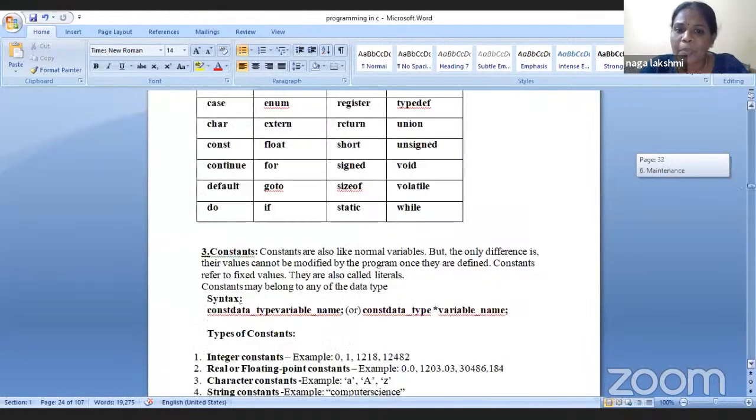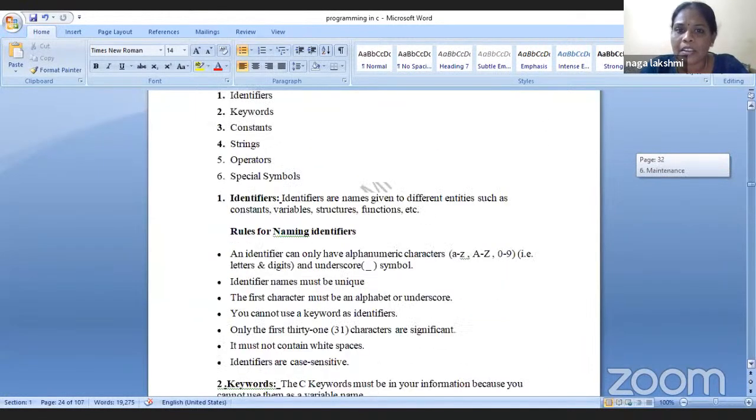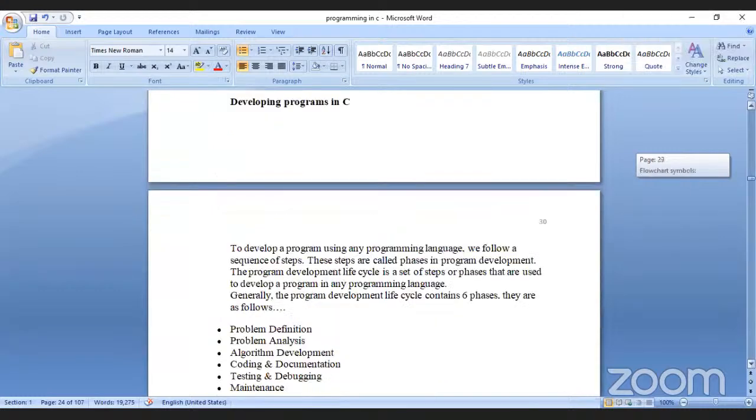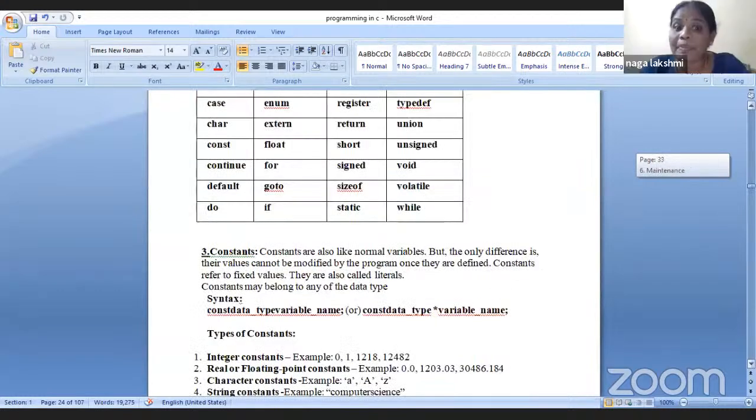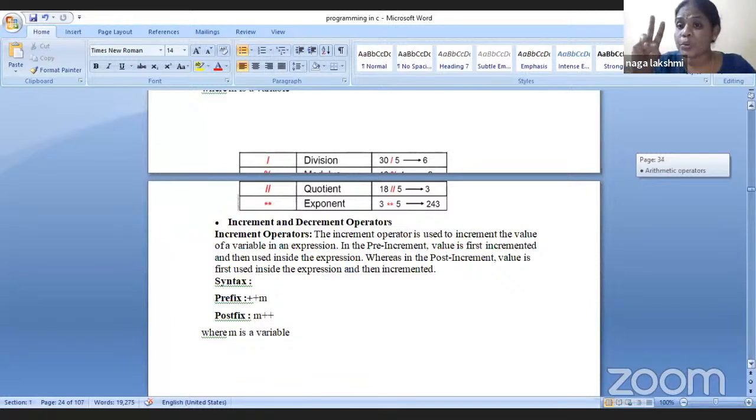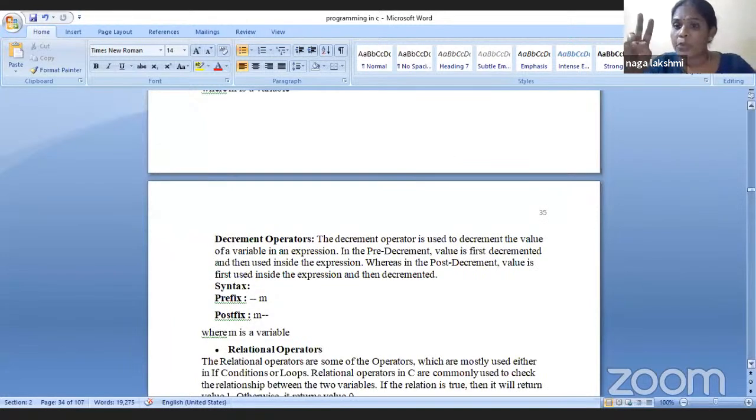Will you do it as homework? Yes, ma'am. Ma'am, we have to divide only with 2, ma'am. Yes, binary conversion I told you. Now binary means 2, right? Only with 2 you have to do. See, you are taking time for tomorrow.